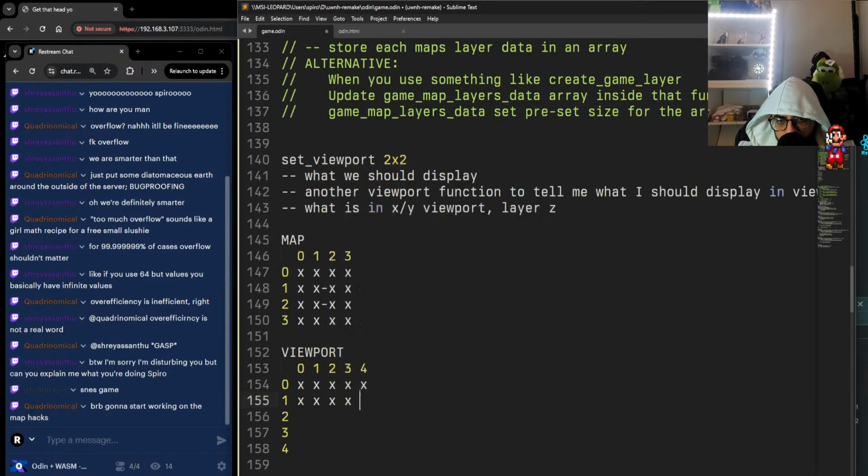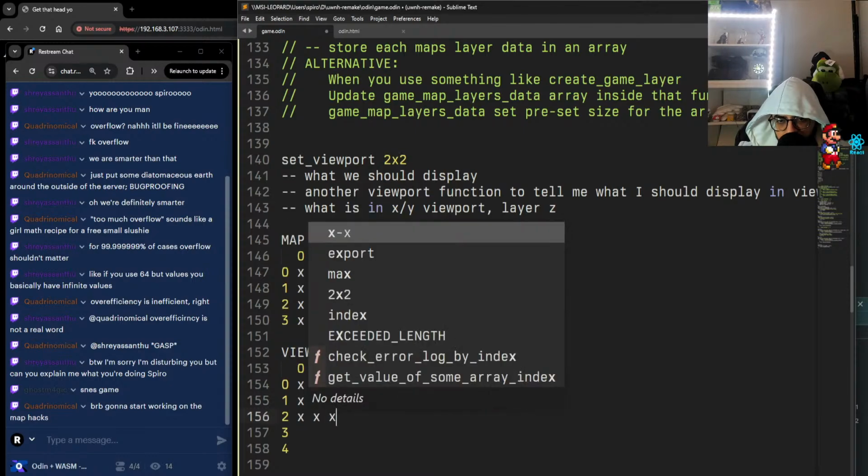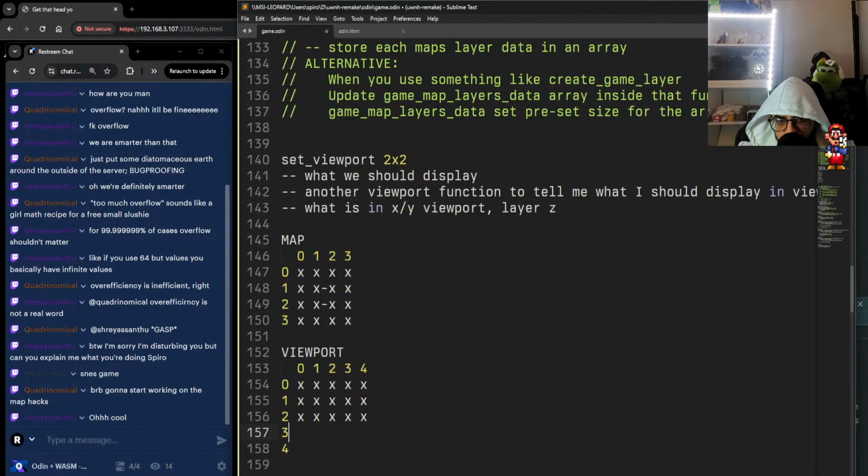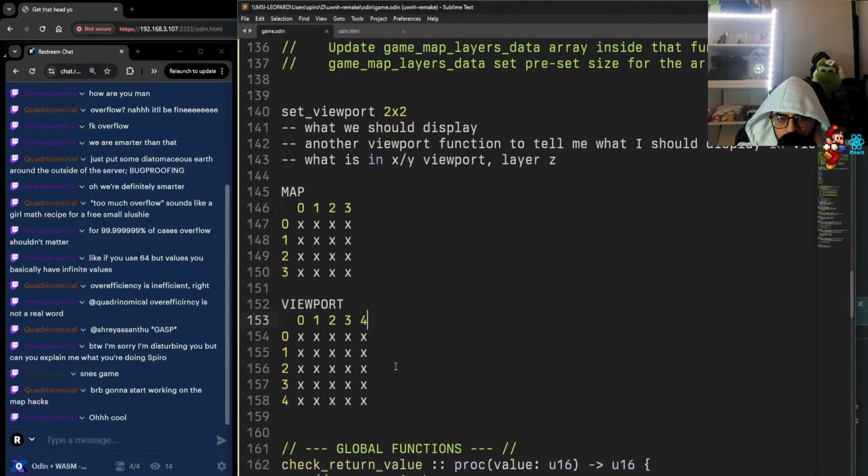Really? So now imagine that you have a viewport that is bigger than the map. And if you have a viewport that's bigger than the map, then the entire map fits inside the viewport plus, right? And so then what do you do? Well, then you could do something like what we had in the Zig version of the game,